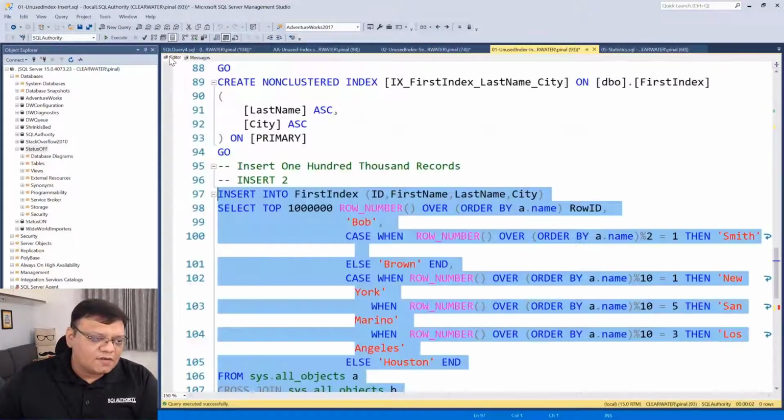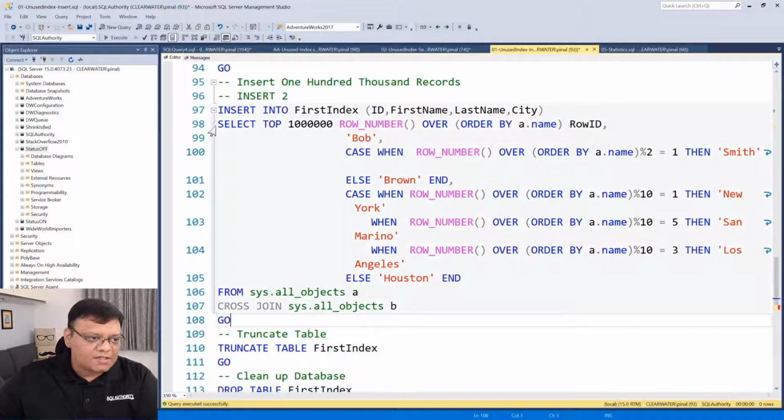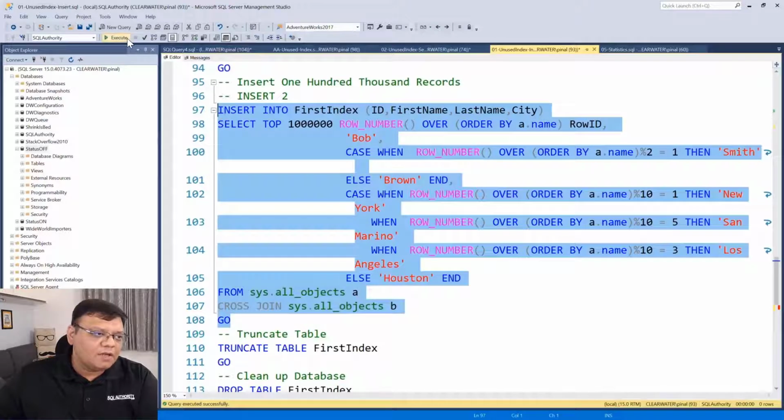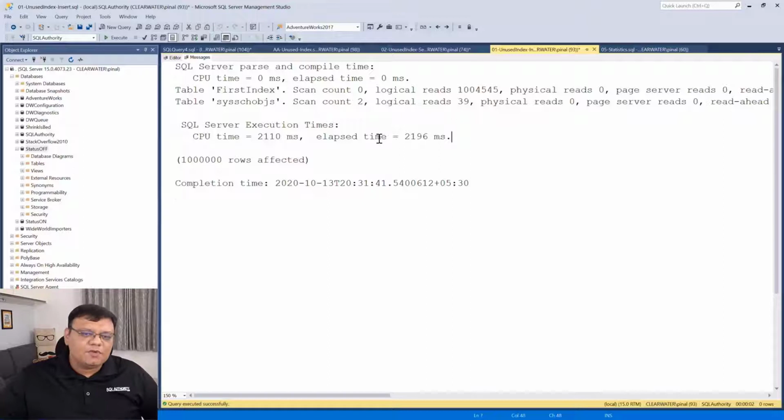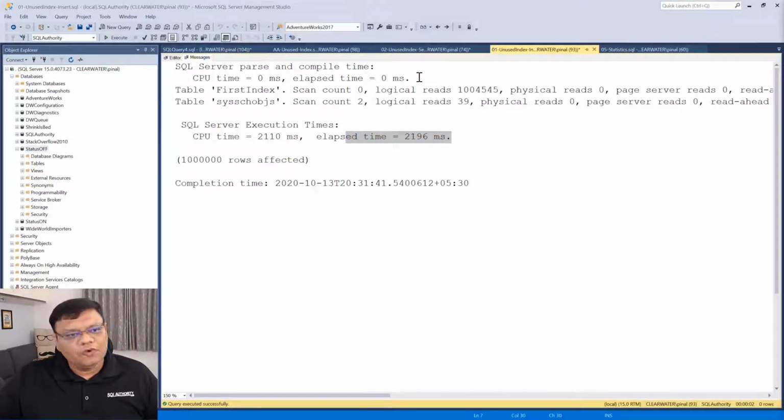You can see it's a difference. I can truncate it one more time and show you again, and it may take the same amount of time or less. So this is what I was trying to tell you: if you have a lot of indexes, and I know this time it took 2 seconds, I can come to your system, drop those indexes, and there you go. We gain better performance out of your system.